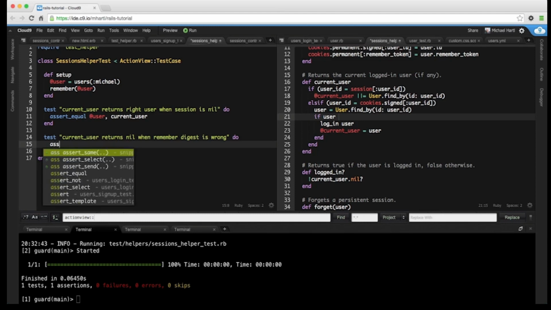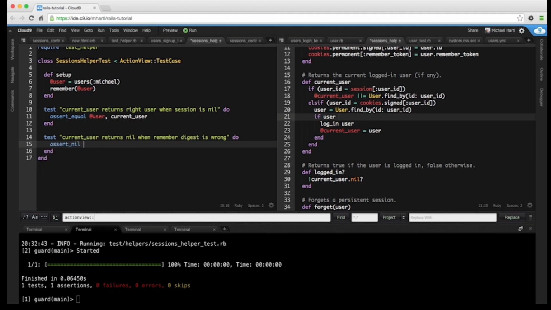So this is assert nil current user. Although actually this isn't quite right. We need to change the user's digest. So what we want to do is get a mismatch so that this authenticated method returns false. So let's do that. We can do that like this,